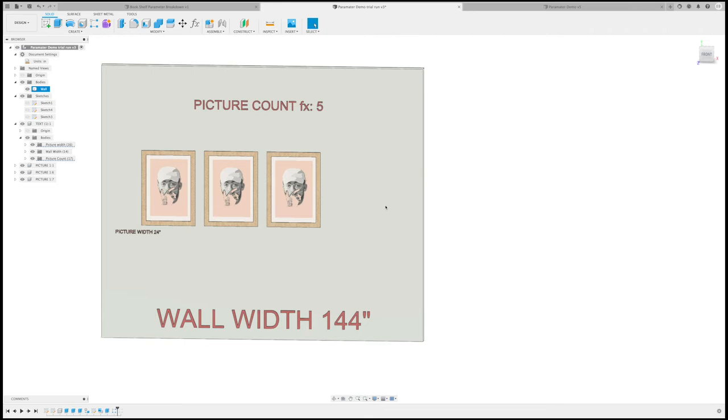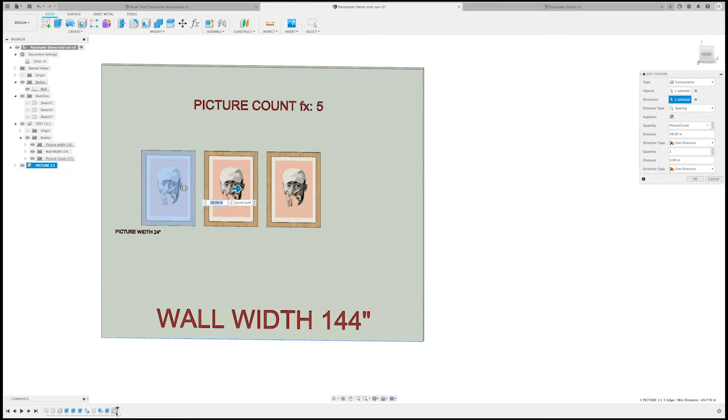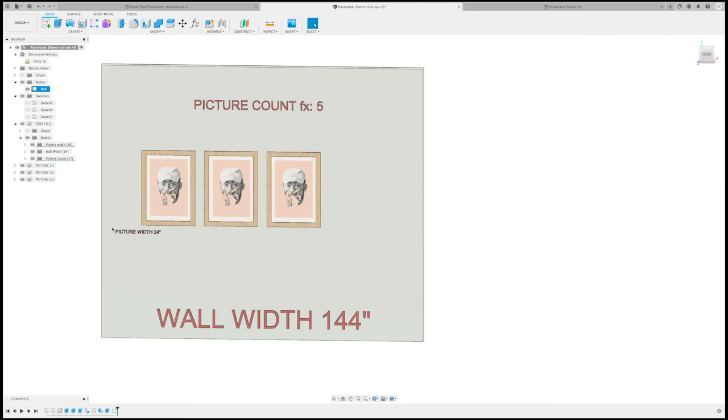Something is wrong. So what is wrong with this? Well, you have to think about it: I've done a rectangular pattern and I've just randomly placed the first one. In my rectangular pattern, I didn't dimension this properly. I also didn't account for the distance over here. So I need to create a parameter for this pattern. So this first picture